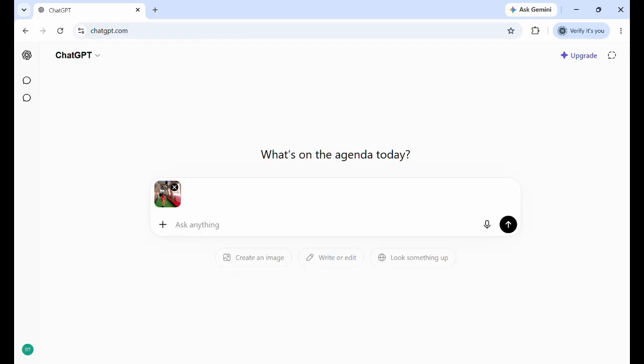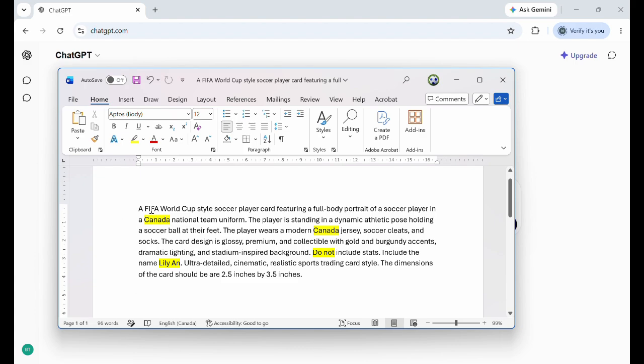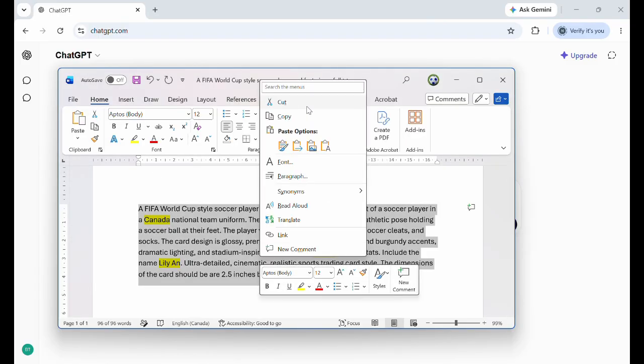And now I've created a prompt which you could use and customize to your needs. Things that are highlighted in yellow specifically, you can go ahead and change, or anything about this prompt can be changed. We will go ahead and copy the prompt over to ChatGPT